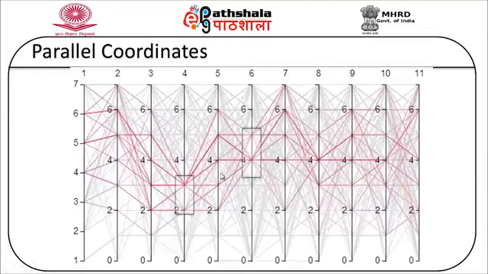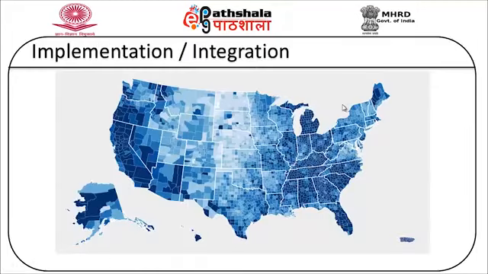The next one is parallel coordinates. Using these parallel coordinates, it is possible for us to find out which sequence of data has the maximum, or what kind of sequence of data is going to appear most of the time. Is there any kind of sequencing which doesn't follow the other set of data? These kinds of analysis can be done using parallel coordinates.